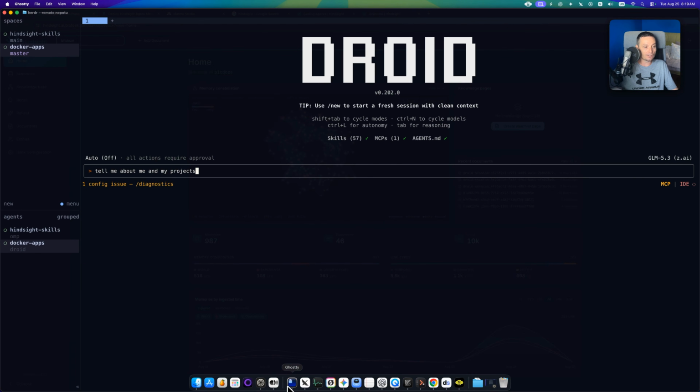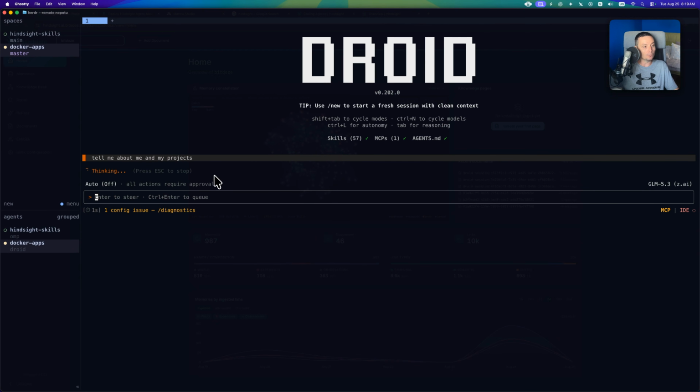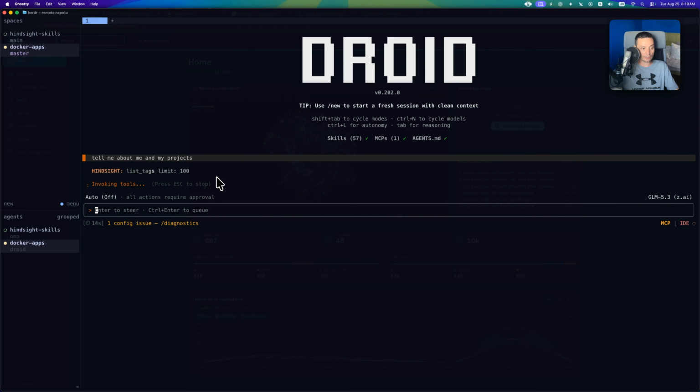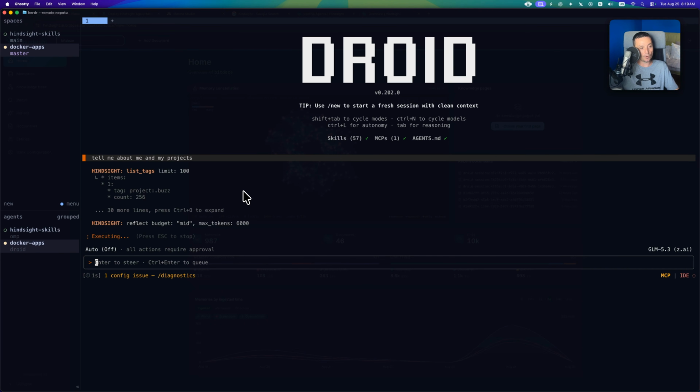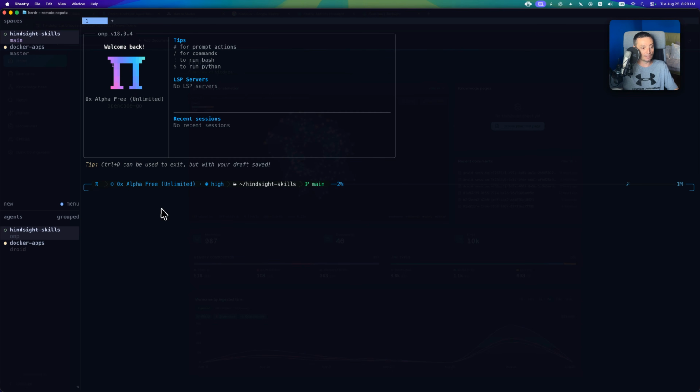So right now, for instance, I have this linked in Droid, and if you ask this to tell me about me and my project, it is going to go to my central memory where everything is stored, and it will fetch the details about my projects and the things that I am using. And in here you see that right now it is going to query the memory and it will respond with the details. I have this also linked in Hermes, and again in here you can do the same thing,